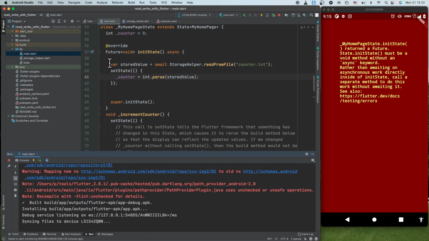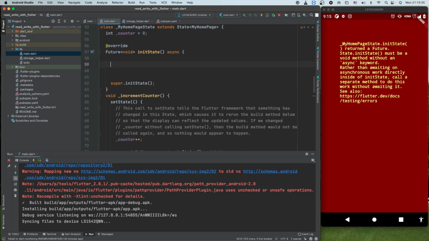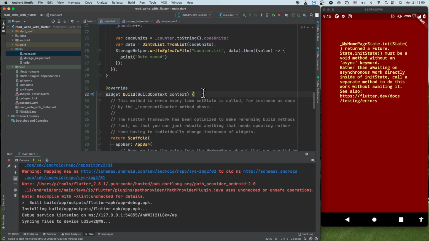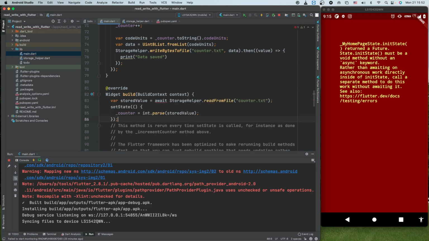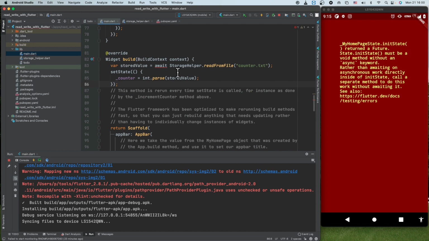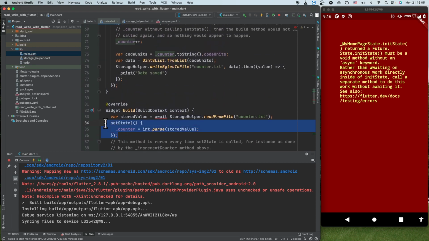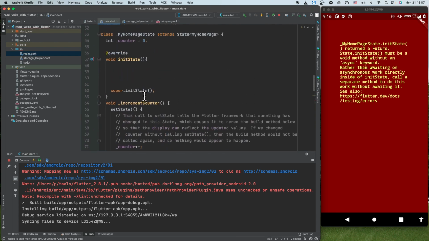Okay, then in this case I will just copy, or say instead of copy I will say cut, and put this value inside the build method for the very first time. Here also we can't put,